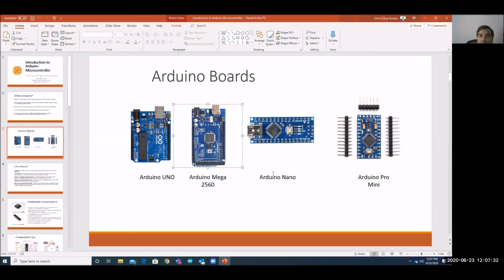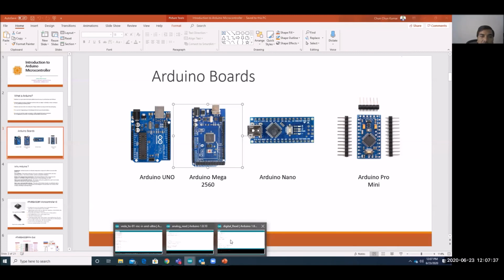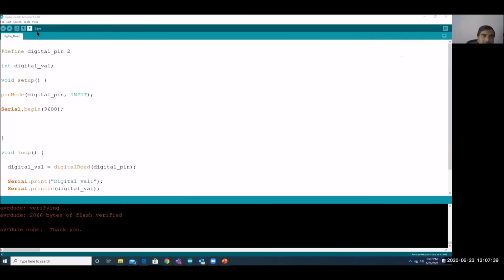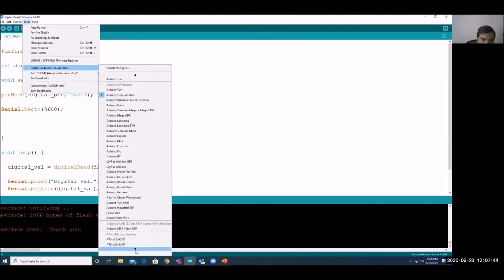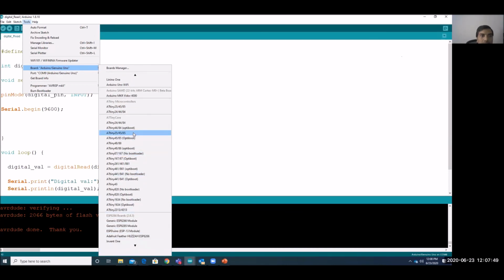How can we program ATtiny? Using the same Arduino IDE, you can program it. In the board menu, you have to select ATtiny. I think I installed it some time back. You will not get it as a direct inbuilt option; you have to install the board through the Board Manager. Here a lot of ATtiny boards will be there. For ATtiny85, we can select the board and accordingly you can program. I have installed this for ATtiny, and I am using it.